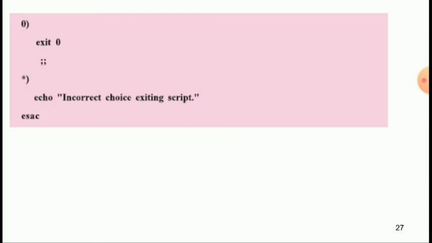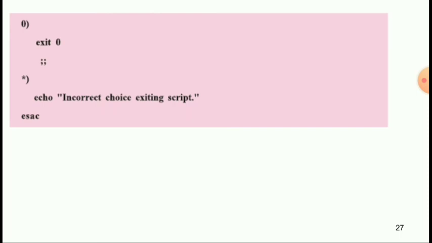So the script is over. Save the script as scripting18.sh and observe that for each operation that we need to perform, we have written a different section.